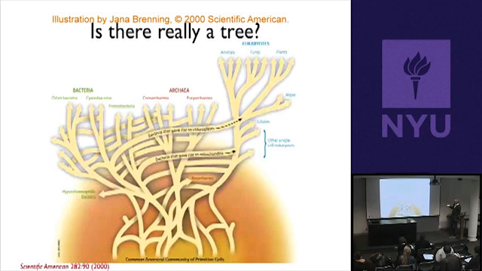And that leads to the interesting possibility that way, way, way back, towards the origin of all life, it wasn't a tree, but it was a web, okay? And so speaking of the last common ancestor of all life is a little bit inaccurate then, because instead what you had was probably a lot of swapping around at the origins of life, and you had an original lineage that came into being. Probably life only originated once, okay? But then once you had different types of organisms, they were swapping their DNA back and forth.